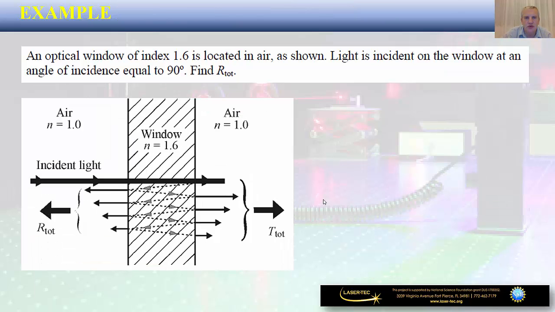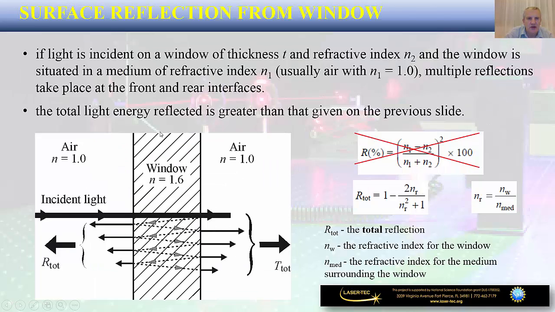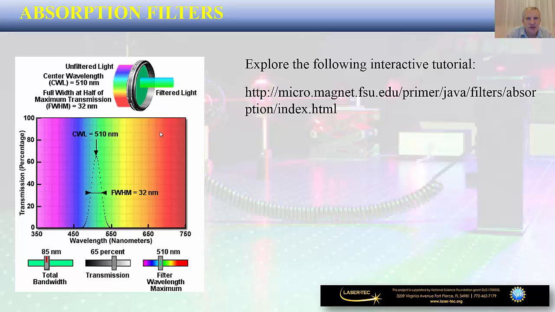So, for example, if I scroll, you're going to see a small applet here. You have a link where you can play, you can adjust the incident angle and the wavelength, and you can analyze the whole concept of reflection. And then there are also a few other slides here that I skipped, such as this one that talks a little bit about the absorption filters. You can establish the range or width of the pass band of a filter. You can change the colors. So this can serve as an introductory exercise for the next lecture number 5,